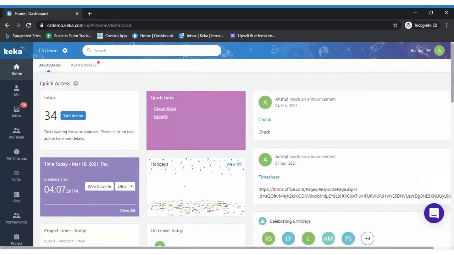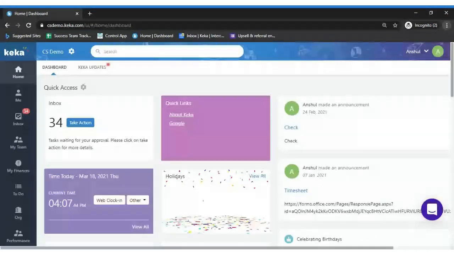Can you confirm if you're able to view my screen of the Keka homepage so that we can proceed ahead? Cool, thank you. I'll just zoom in a bit so that you don't see any blurry screen.